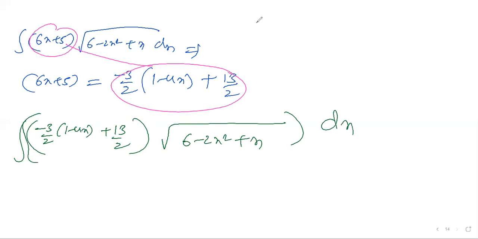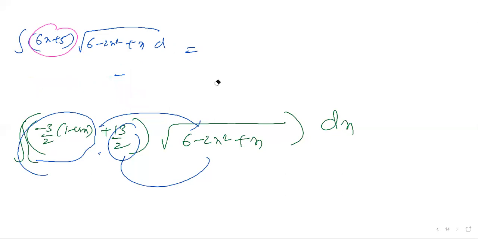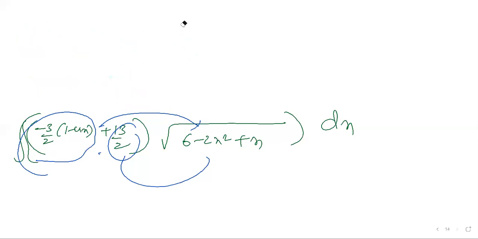Next step, we separate this part into this part and this part into this part. You need to multiply both parts. For the sake of understanding I write here only, because turning the page will take time. Now subtracting, what you are going to get is 1 minus 4x, minus 3 by 2 common integration of (1 minus 4x) under root of 6 minus 2x square plus x,